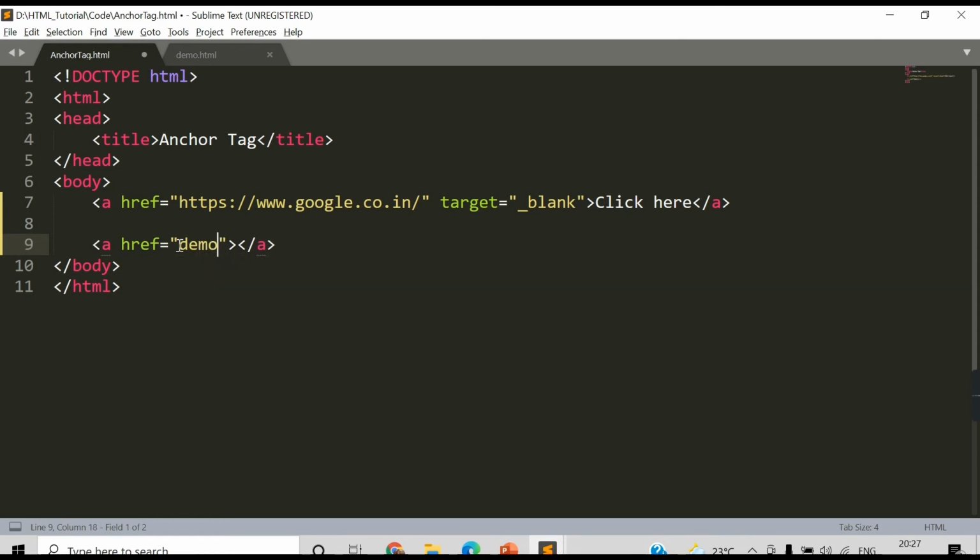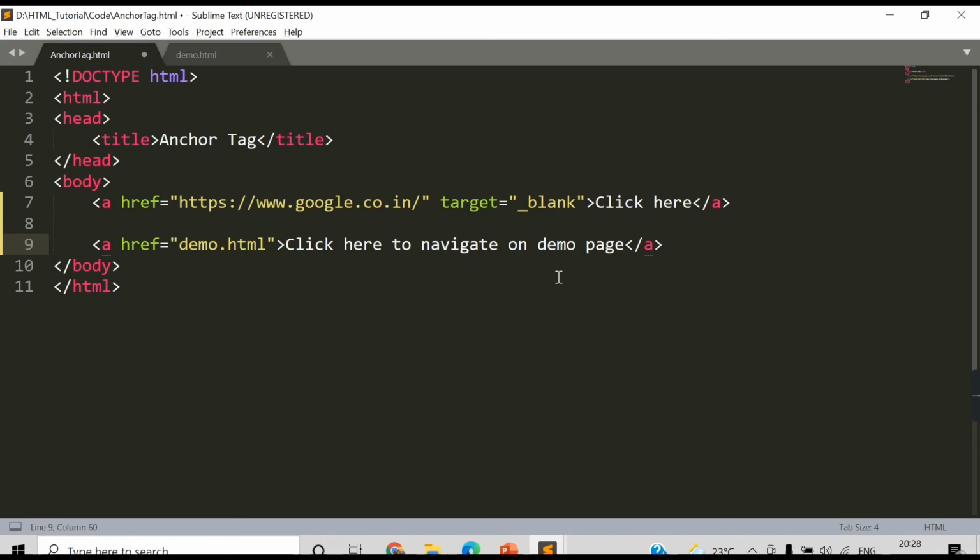If you have the file in another directory, you can just copy the address of that particular file and paste it in the href attribute. Let's say the content is click here to navigate on demo page.